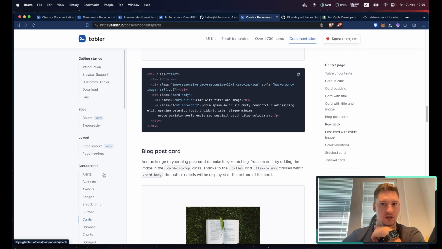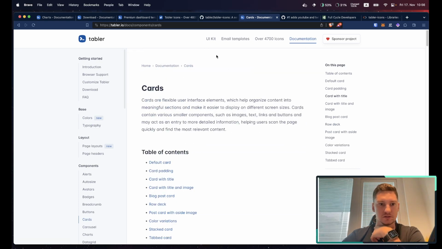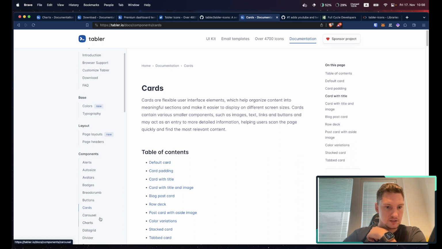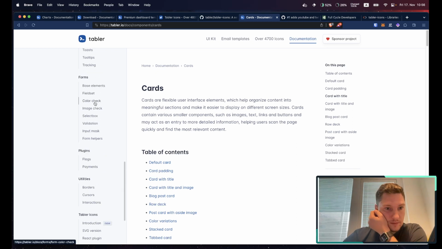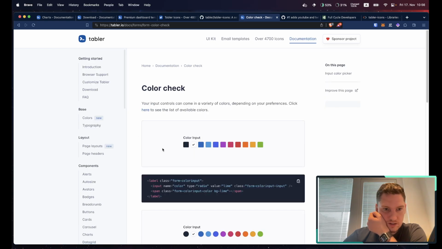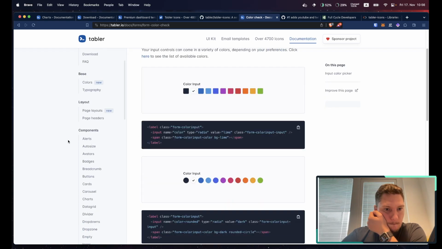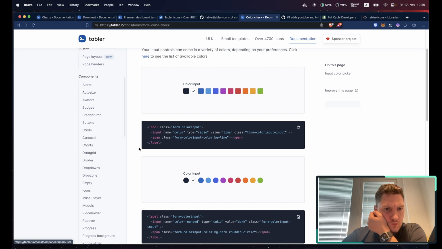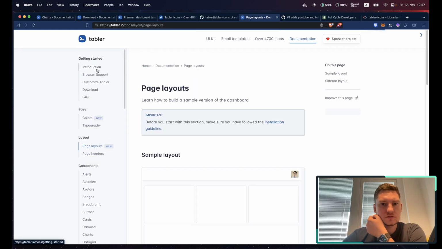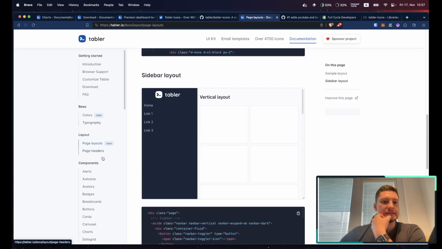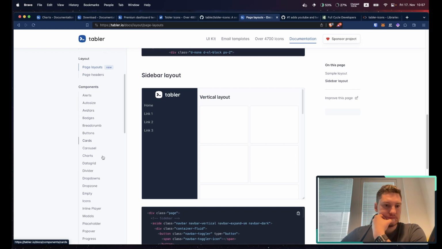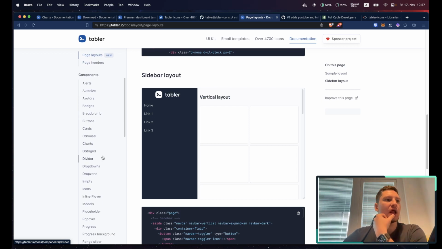It should be somewhere here. If not, there is. I'm looking for all the background options. So I think there's color somewhere, right? Borders, colors. Oh boy. Am I missing this? Color check? No, I don't think color check. Maybe it's under layout. No. Oh, boy. Okay, let's have a look at some